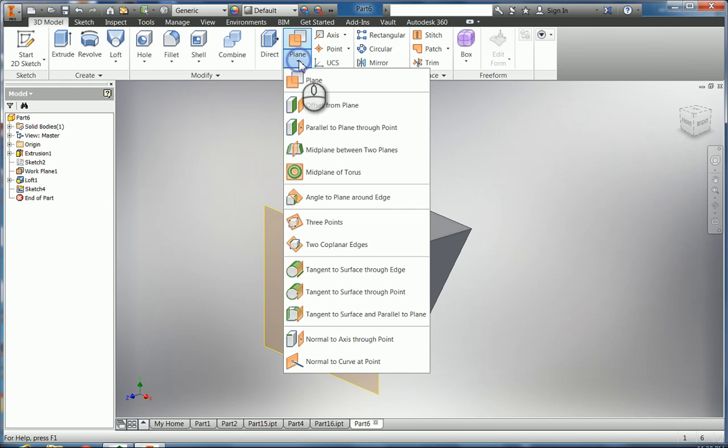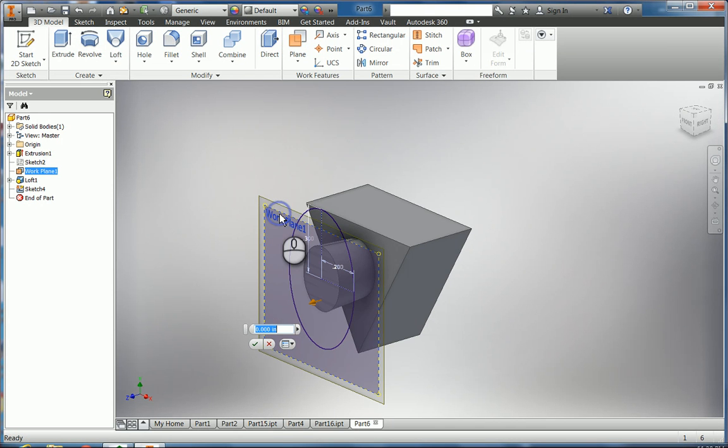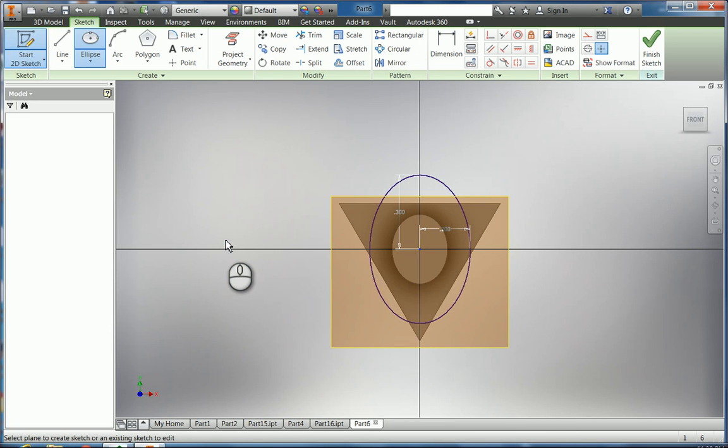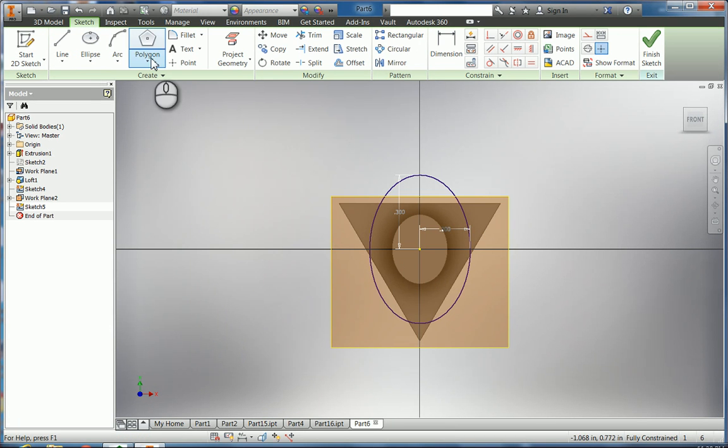I need to make another offset plane from this work plane, and I need to come up 0.36, start a new sketch on that. And now I'll be doing the waist, the girl's waist from the ellipse. So I need to make a construction line again. Come here, come out to here, and the waist is 0.31 by 0.39. So that would be, let's see, 0.195, and